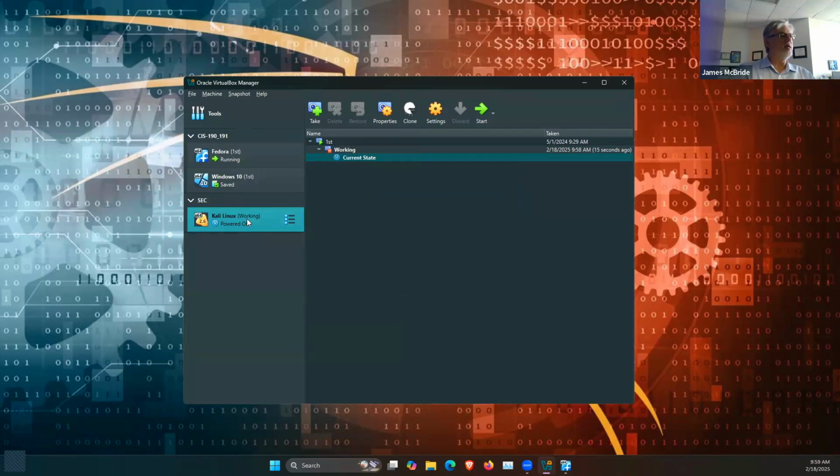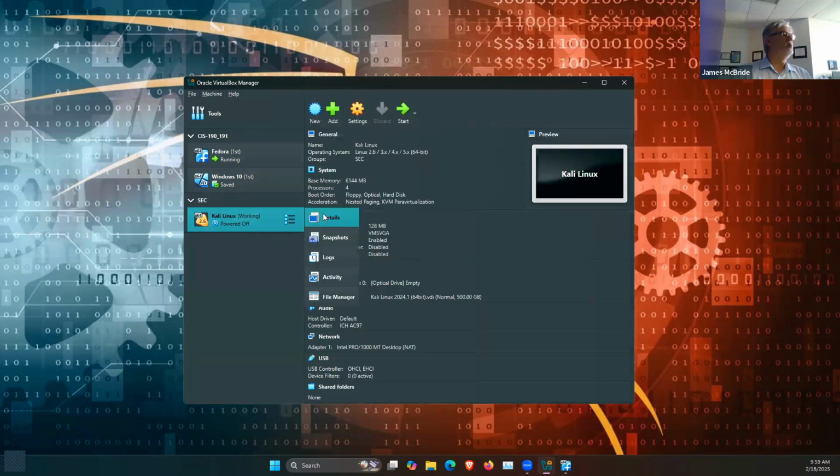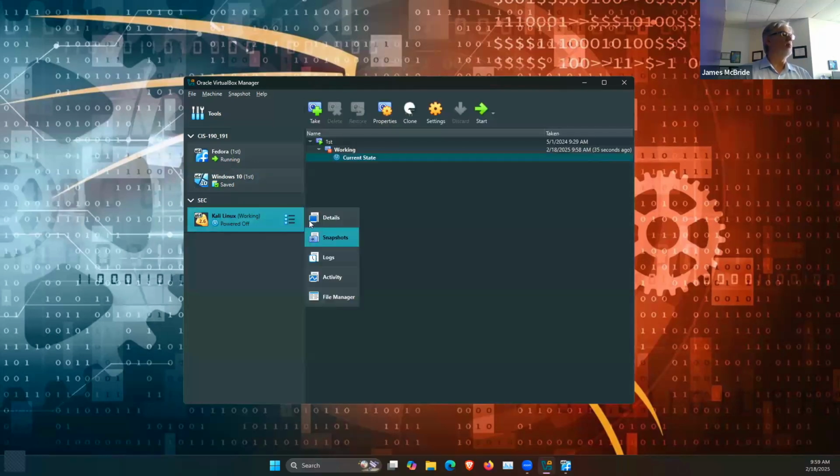And maybe I do a system update and the system update gets hosed. And now it's like, oh man, things aren't working the way that they used to. Well, backing out of that can be quite difficult, right? There's a lot of things you've got to do to turn it back to what it was, unless you've taken a snapshot. So right over here, you're usually on details, and you can go to snapshot right there,